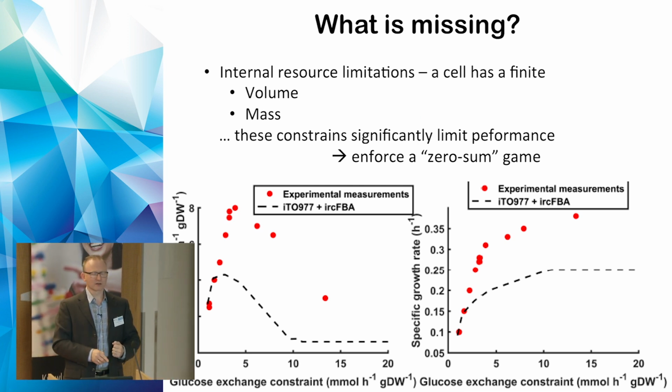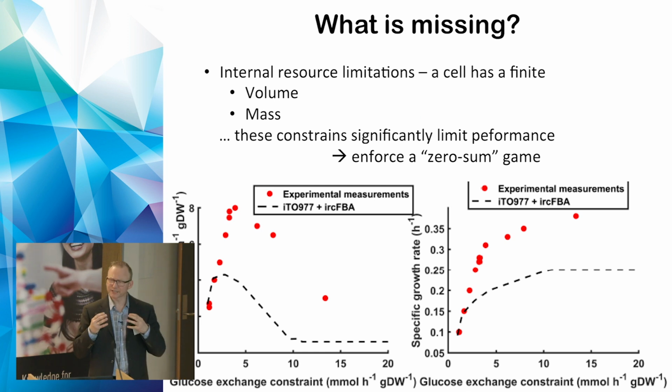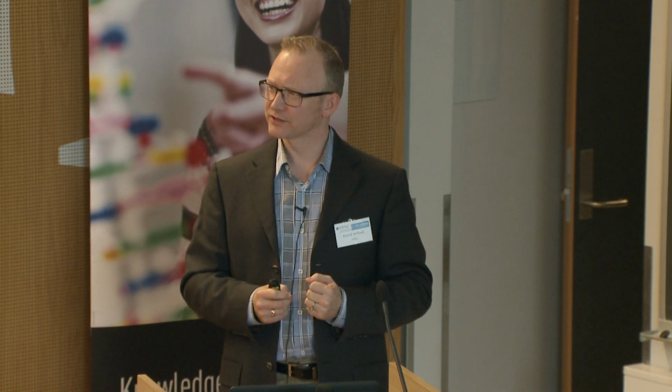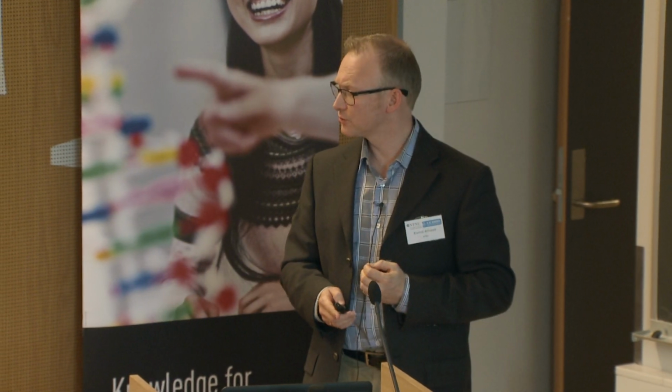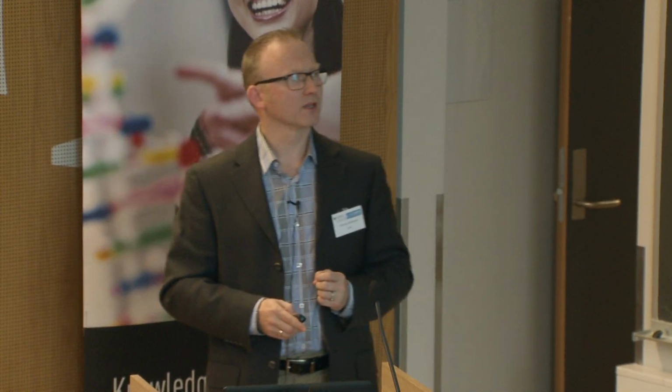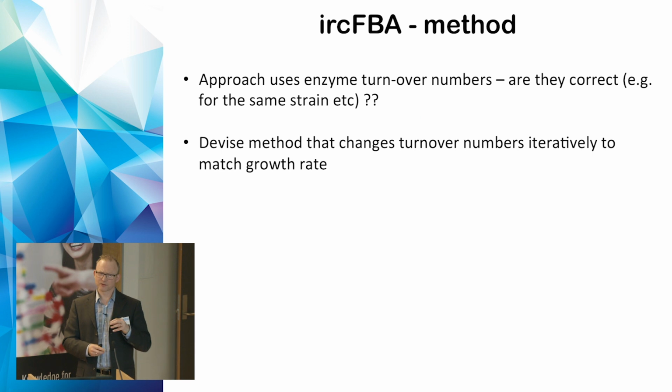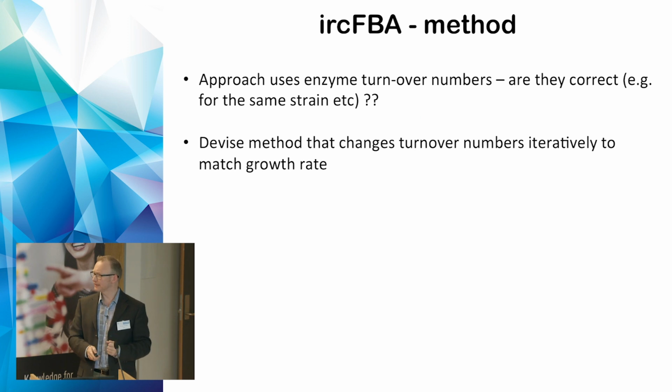So in this model formulation, we needed turnover numbers for different enzymes in order to introduce and include this resource restriction. What if these turnover numbers aren't really good, maybe not totally trustworthy? Because they're fetched from many different sources, not one consistent type of experiment to figure them out. So we have devised a method to say, well, how can we adjust these turnover numbers to see if it's possible to fit the data? Is it at all possible?